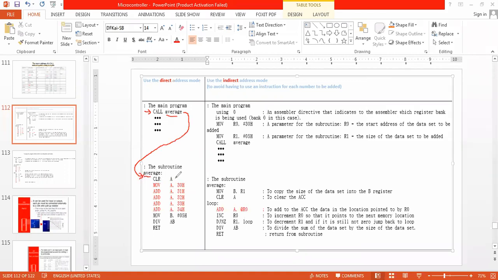So what is present inside this? Clear A. So A is going to be vanished. So here direct addresses are used. Okay, so here indirect addresses are used. So now clear A, move A, add A, some operation is going on here. Everything will be executed, and then it means the things from the address, move A comma 30h, that is from